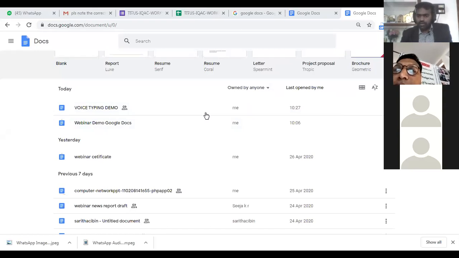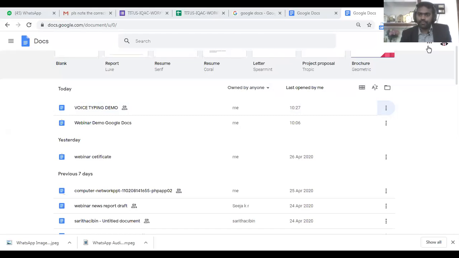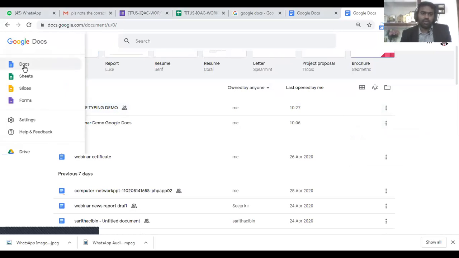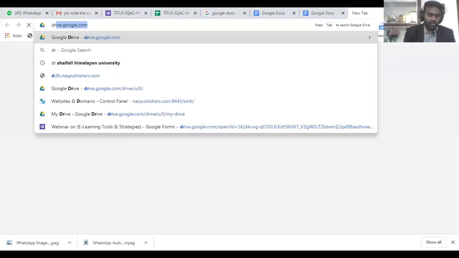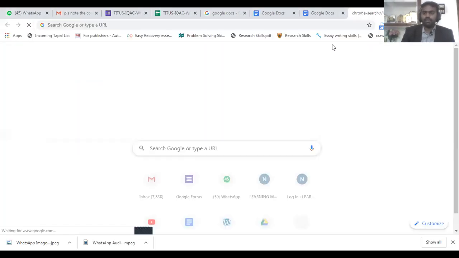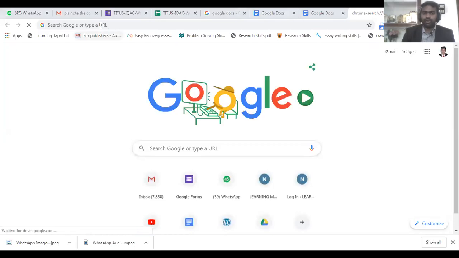Once it gets deleted, that's why you can't see it now. Alisa, stop sharing that document. Now what you need to do is learn how to delete a file. For deleting a file, you go to docs.google.com. Here you have an option with 3 dots. Click on that, and you will have the option Delete, Remove. You can remove it from here. And if you remove it either knowingly or accidentally, how can you take it back? You go to drive.google.com.